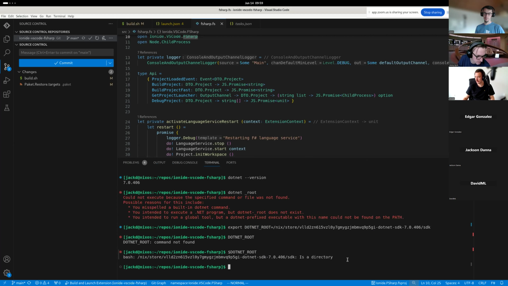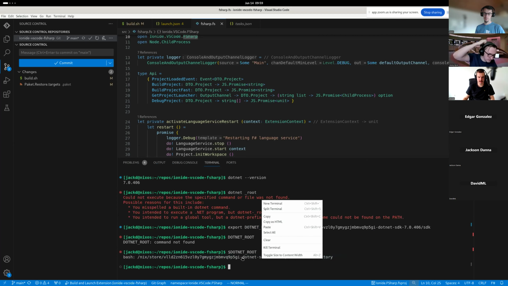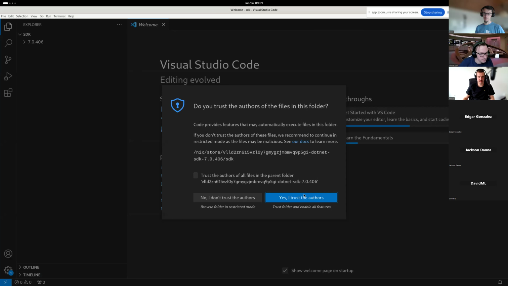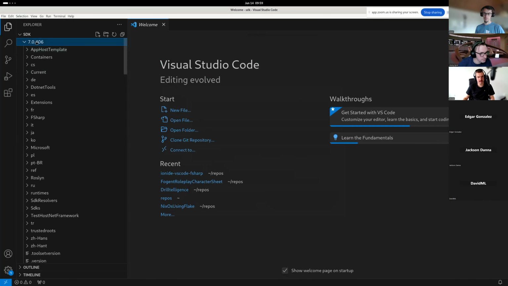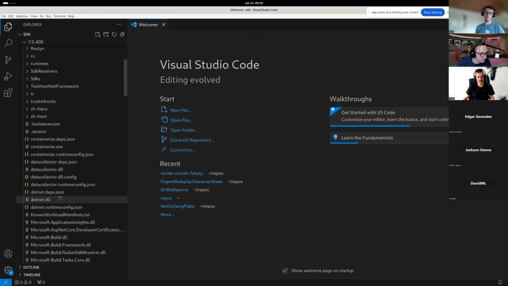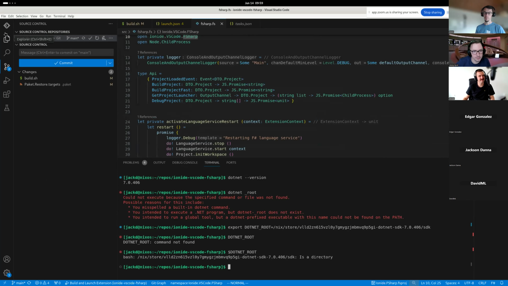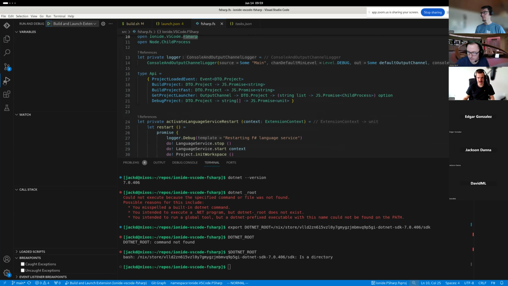Okay, that should be the directory, if I'm not mistaken. If it's just looking for the folder where it has this, then I think we're good to go. So let's rerun the debug here and see if that runs.